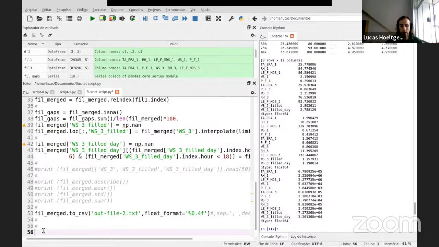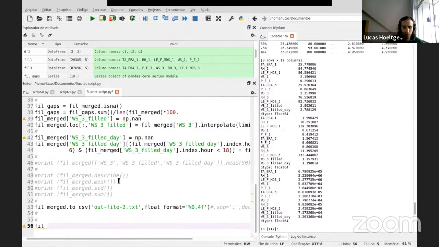I can apply this. In this case, I will create a new variable. It's not neat. I can refresh, but I would like to preserve this. I will create a new variable, which I will call fill month, and the fill month will be a result from the fill merged